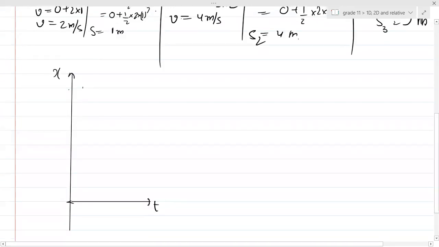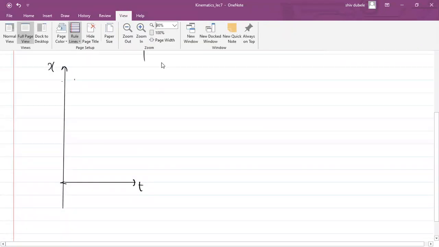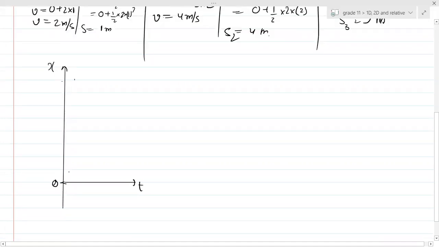I just zoom out this. So see guys, this is your x equals to 0. Let's say this is plus 2, this is 4, 6, 8,